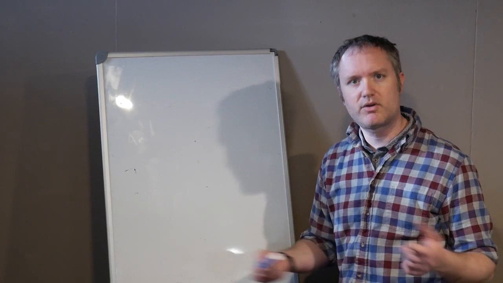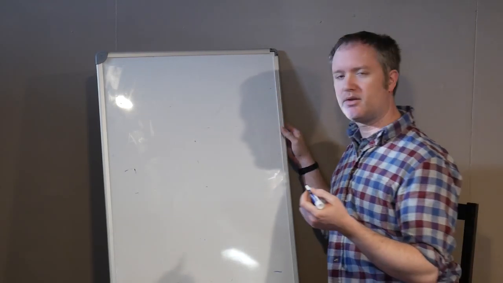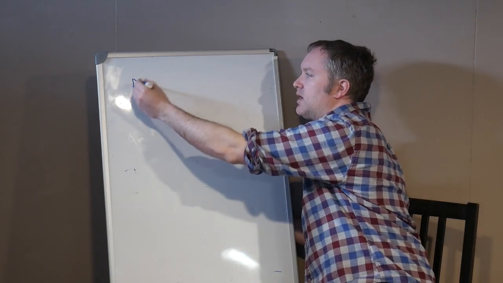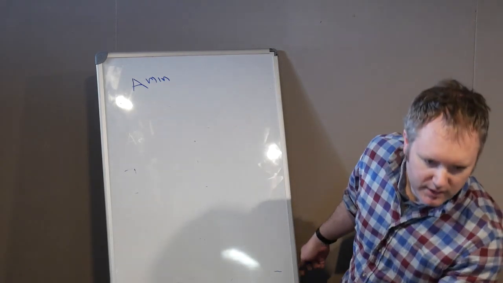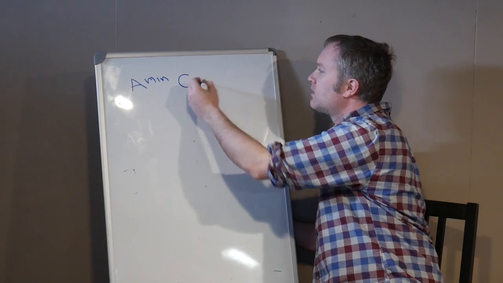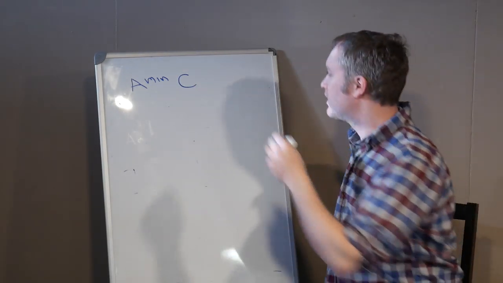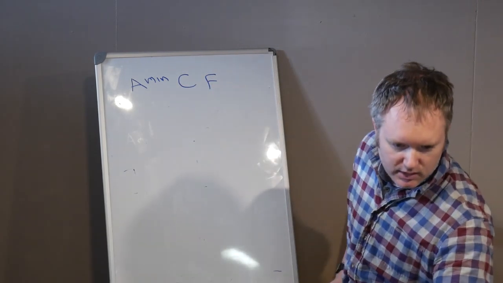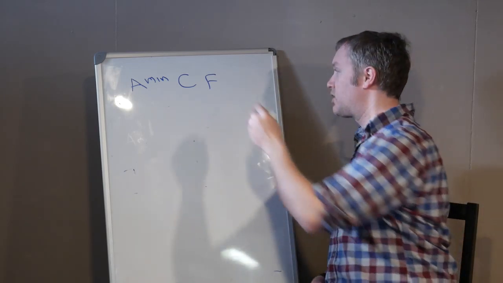And so if you want to find what key you're playing in, the good first trick is to just write down every chord you see in a row, right? So every new chord. So there's A minor, I see first, right? And then I see a C next. And then there's a bunch more A minor, and then there's an F chord, I see. And then scrolling down, I see a G chord,